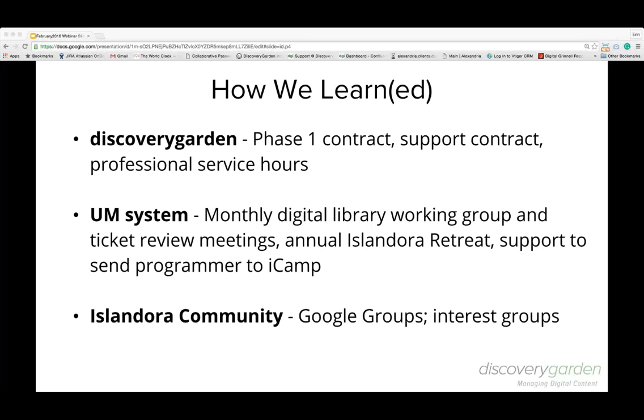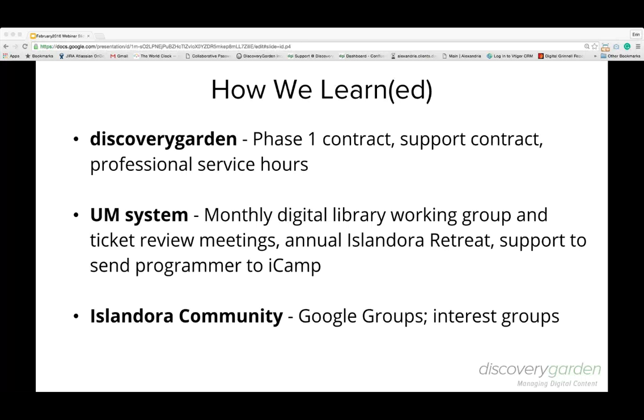We leveraged what access we had in the system to be able to work together with our monthly digital library working group meetings. We also have ticket review meetings every month, and we started this Islandora retreat because it was kind of like a support group in a way, where we came together physically in Columbia, which is central in the state, and we shared things about what we had learned. At least in the first retreat, we kind of stumbled through the form builder together, but